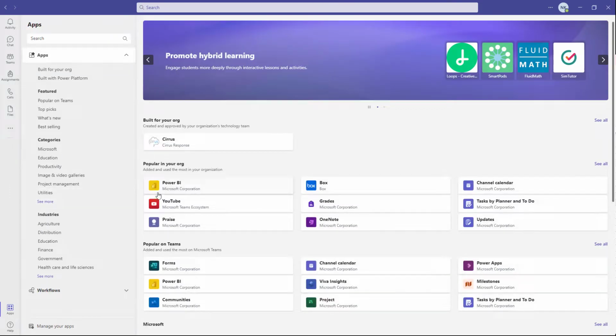And this gives a countless number of possibilities, as you can see right here, as it increases the functionality of Microsoft Teams by a lot. So I hope you guys learned